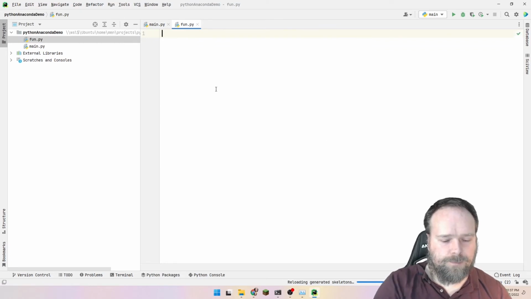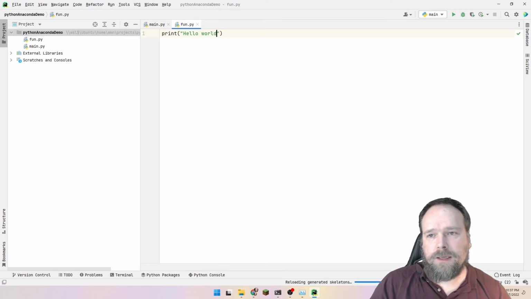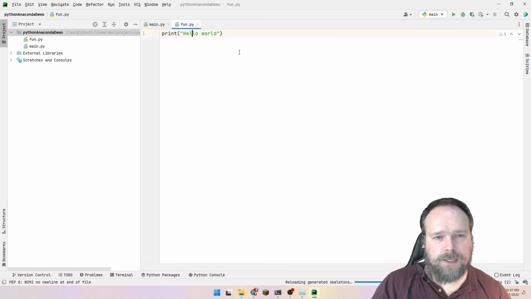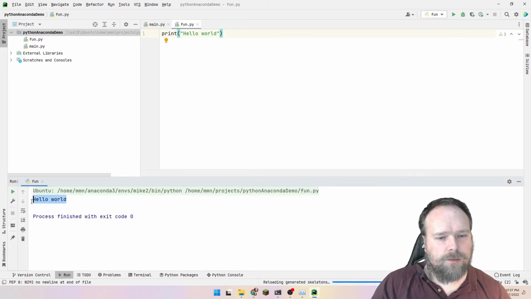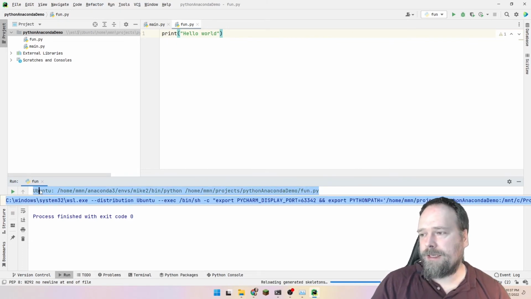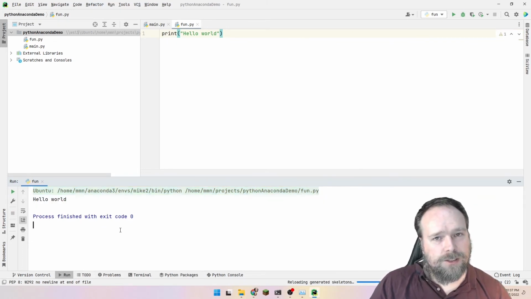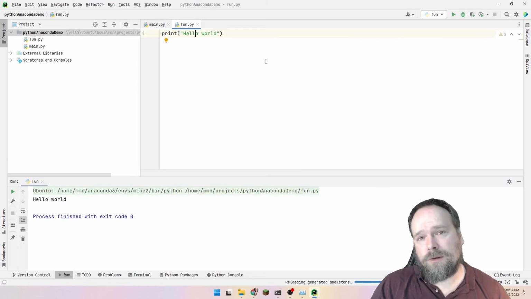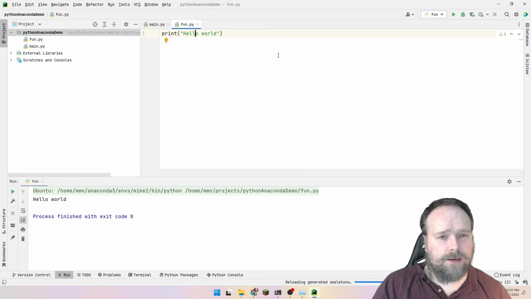Like this. And what should we do? We print out hello world. And then I want to run this file right here. I can right click, run fun. And then it says hello world because we use the interpreter on my Ubuntu WSL instance. Awesome, awesome, awesome. And of course I have access to all of the pandas libraries